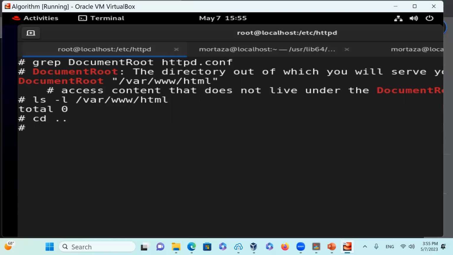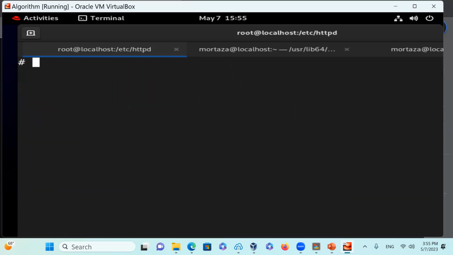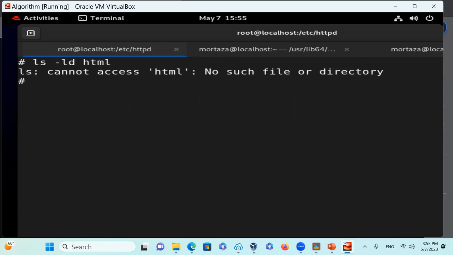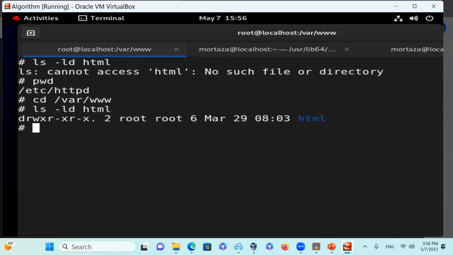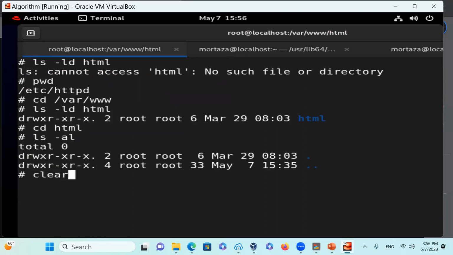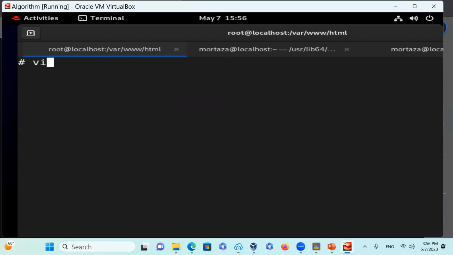Actually, I could say right here, clear screen, ls -ld HTML, sorry, var www, and then ls -ld HTML. That one is there, so HTML. Let's just create a file here. I'm going to say vim index.html. I'm just going to say index.html, and at this time I want to create a new file called HTML,